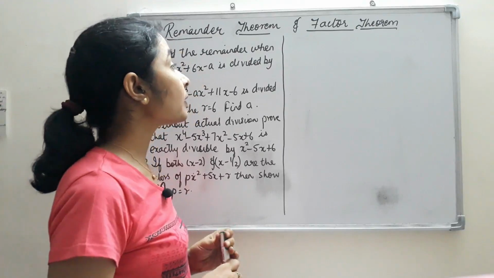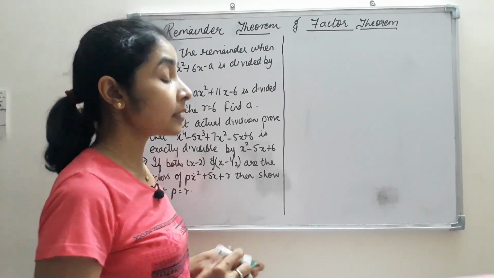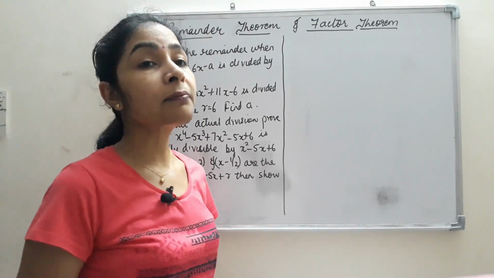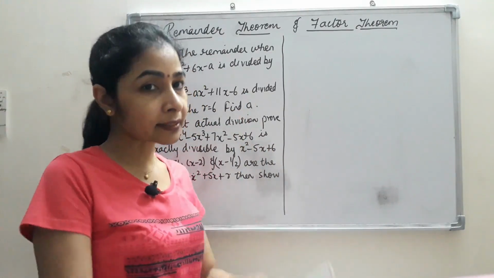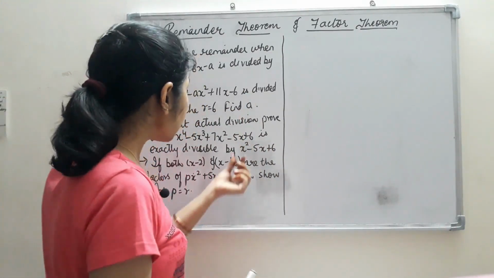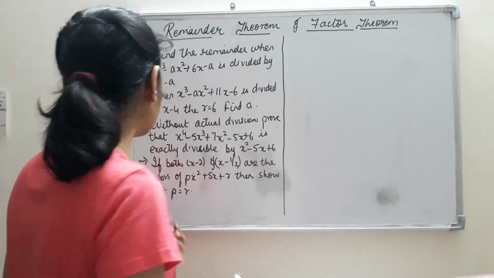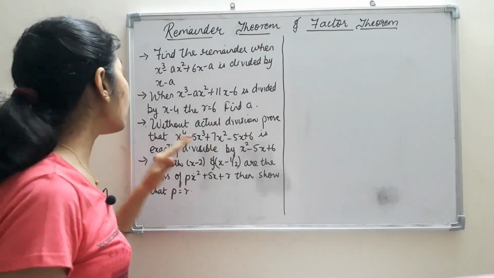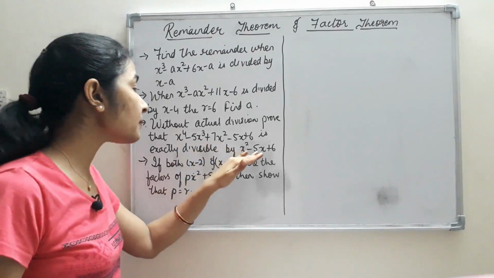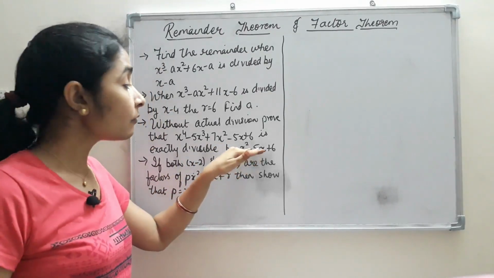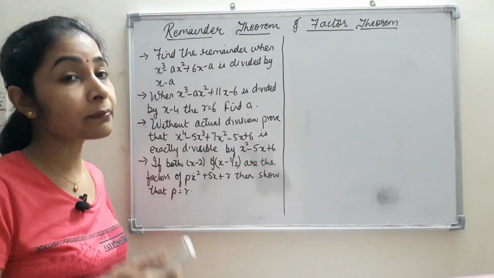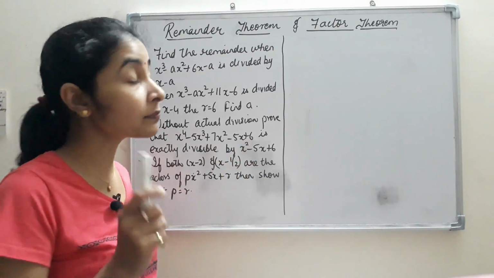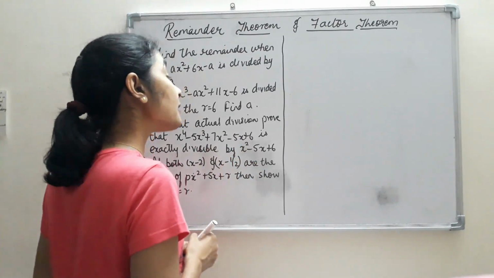Now if you remember, we have studied it previously that a number which is divisible by 2 and 3 is also divisible by 6, isn't it? The same thing we will take here, that we are supposed to prove that this polynomial is divisible by this polynomial. Then what we are supposed to do is, we will first factorize this polynomial by using the splitting the middle term that we have already done in class 8.